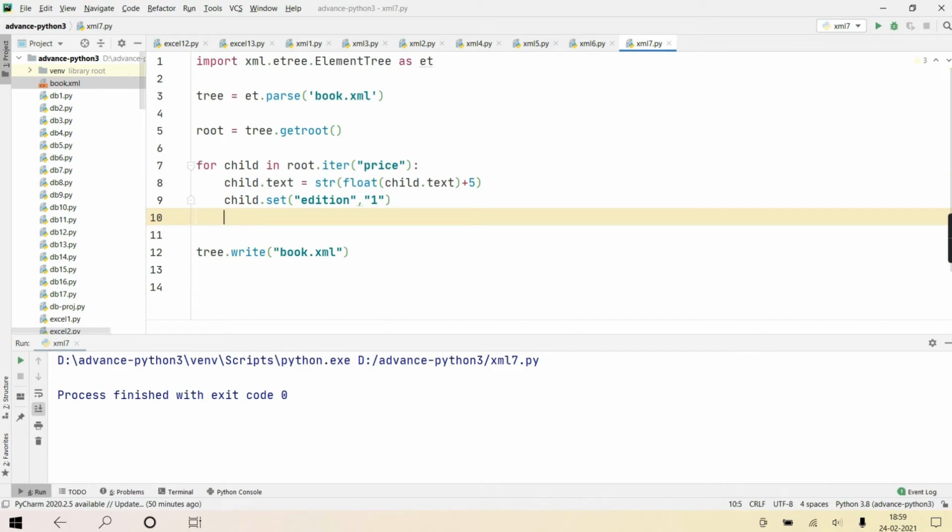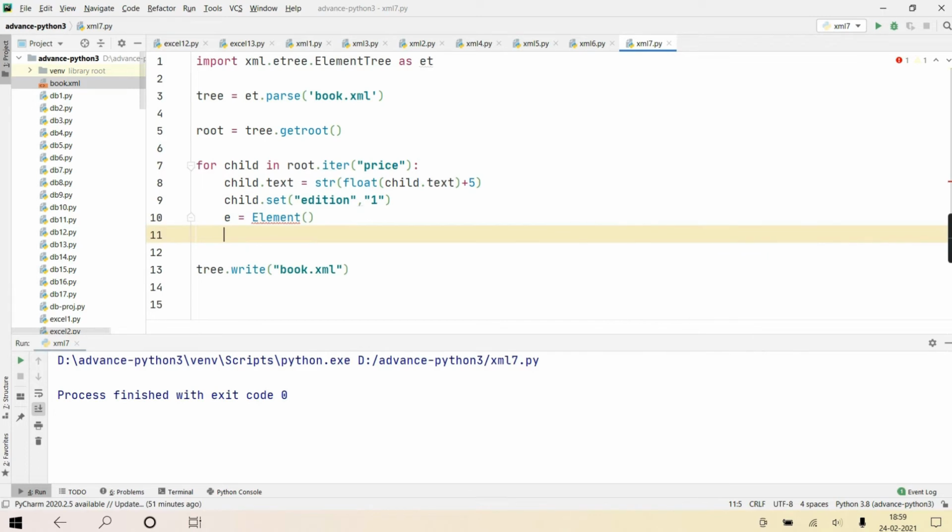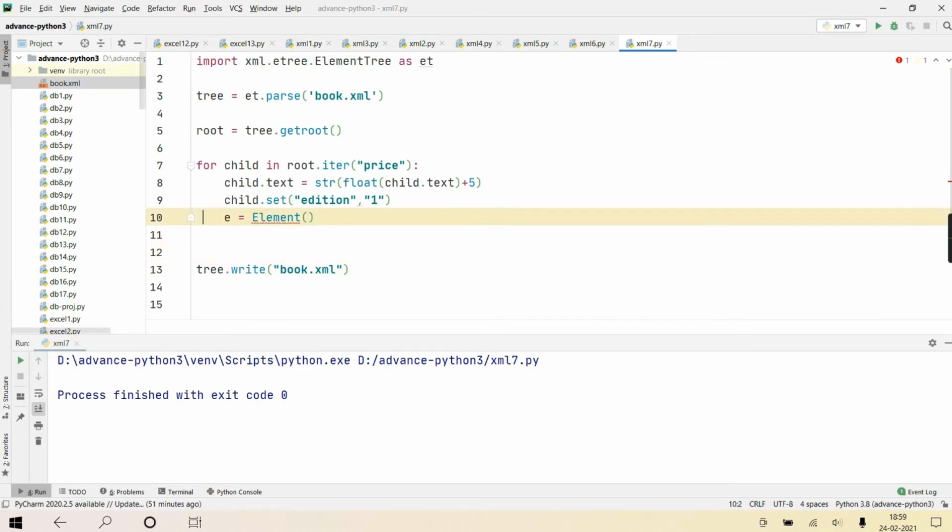Yes or no? You'll create an element object, and then we'll assign the text to that element object. Right. Okay. I'll create an element object. I have tried et.element again.